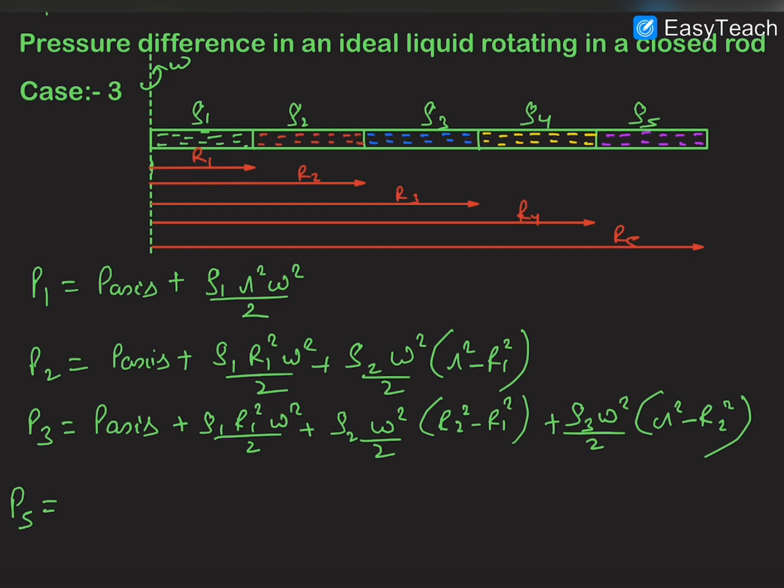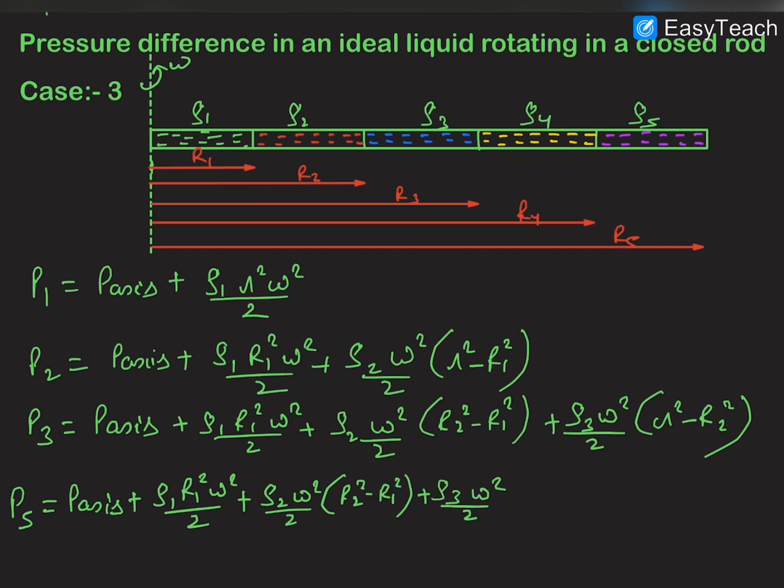So we can write down P5 as P axis plus rho 1 R1 square omega square by 2 plus rho 2 omega square by 2, and this is R2 square minus R1 square, plus rho 3 omega square by 2, and this is R3 square minus R2 square, and plus rho 4 omega square by 2,